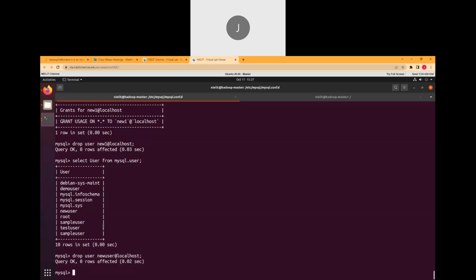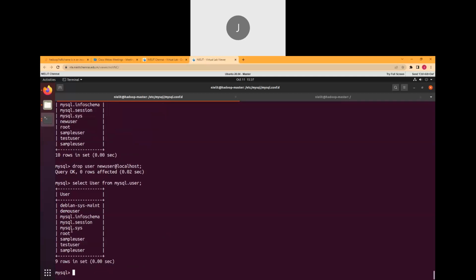Okay, likewise you can do that. You can also change the password for the user using the set password command. Say we have the following users: demo user, sample user, test user, two sample users are there. So if you wanted to change the password for the user, you can give the set password command